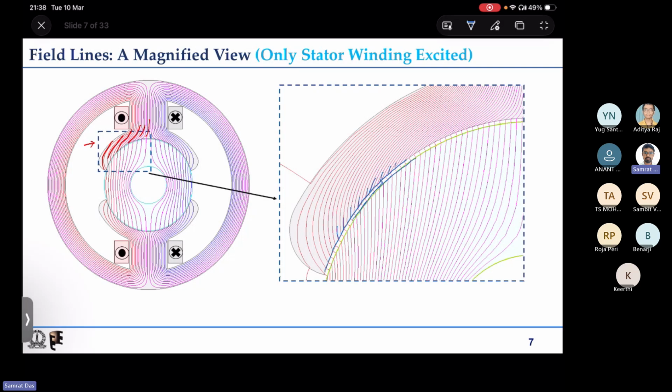And in between you can see that the flux lines appear to be perpendicular to both the surfaces. If I pick up this line, it looks like it is perpendicular to the stator surface as well as the rotor surface. So if we have two concentric circles,